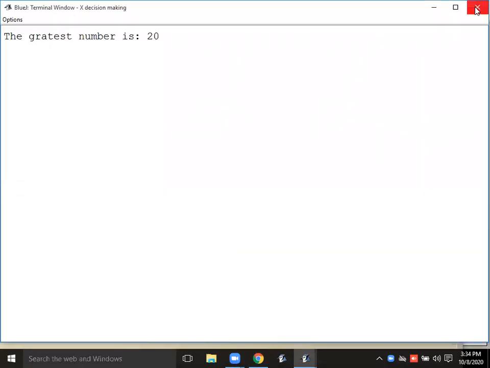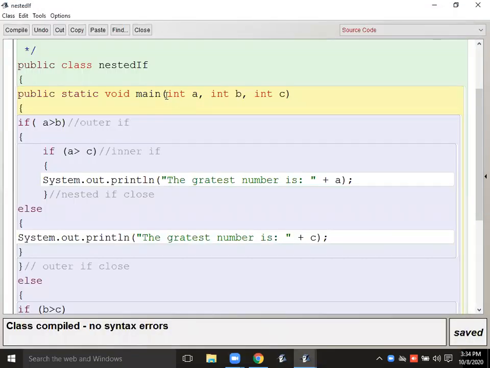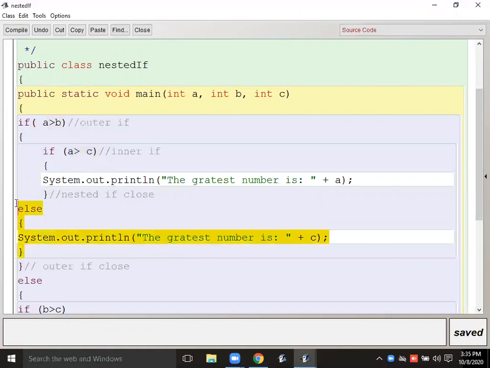See that. Okay. Listen to what I did. First of all, I have taken 3 input numbers. Here I have checked whether A is greater than B. If A is greater than B, it means we can check this A with C. If it is greatest compared to C also, it means A is the greatest, bigger than B and bigger than C. Otherwise, if it is bigger than B only but smaller than C, it means C is the greatest number. So here in the else we are writing C is greatest.